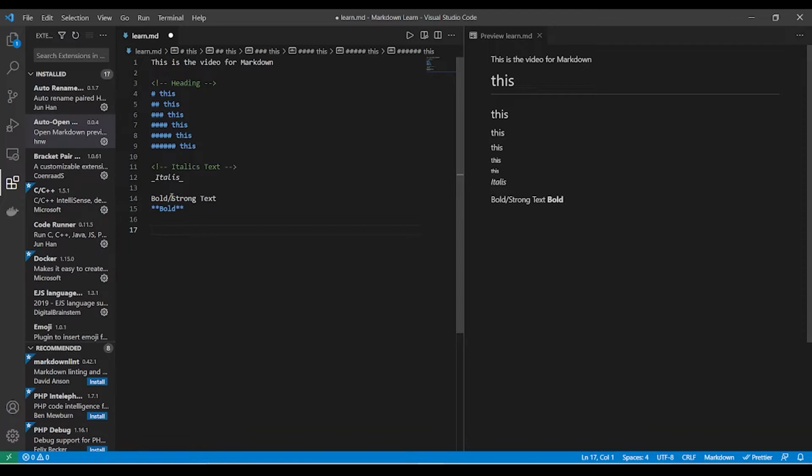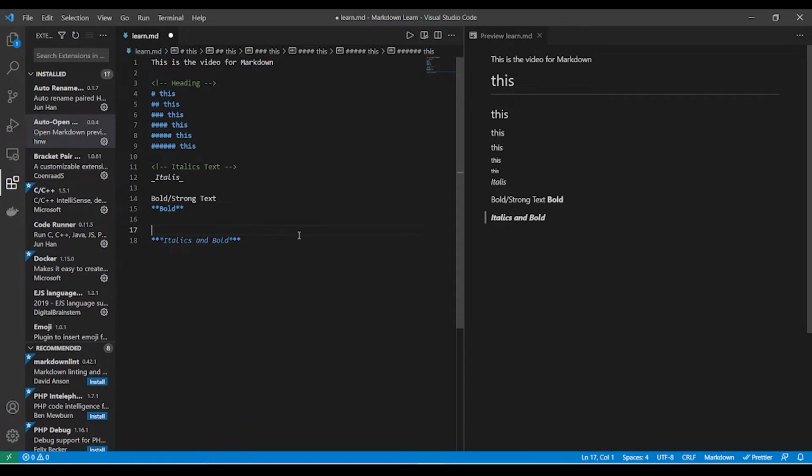Now let's see how we can convert any text into italic as well as bold. So we use 3 stars here instead of 2 stars, and let's say italics and bold. Okay, so now you can see, oh, I have missed one of the stars. Yeah, so now you can see it has made the text bold and tilted a little bit. So you can see it has made it italic as well as bold.